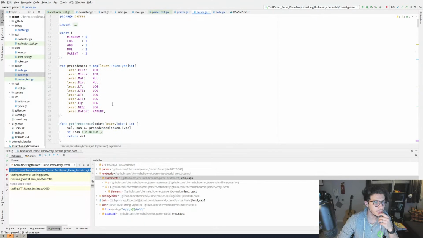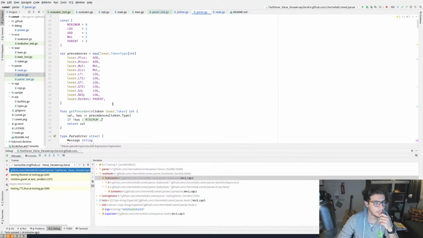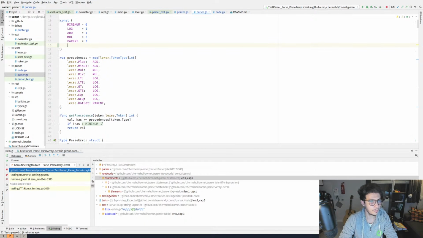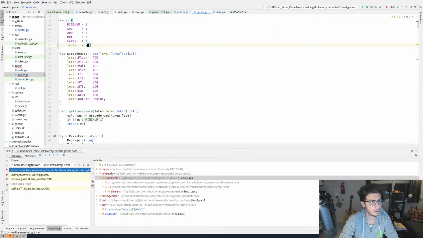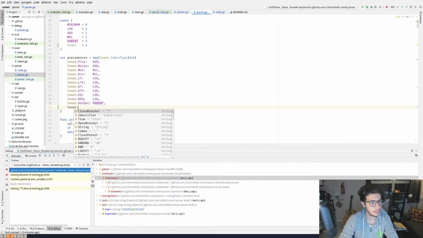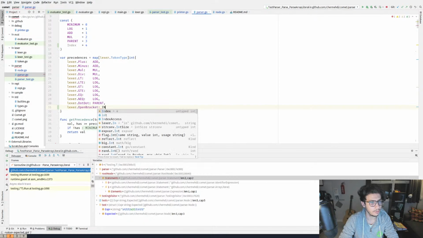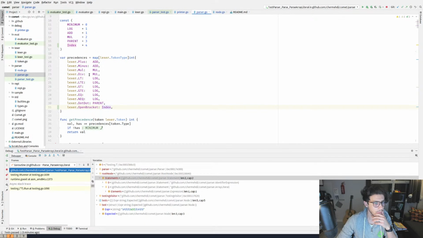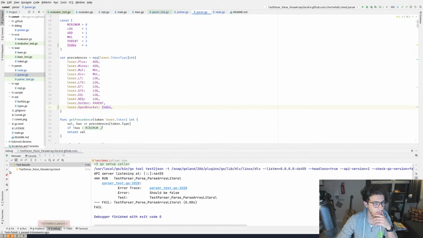So for the precedence, yes, I guess we return minimum. Yeah, so I guess there is an index, and it needs to be better. We need it to be 4, and then if we have elixir dot open bracket, we want it to have index. Now, if we rerun the test,